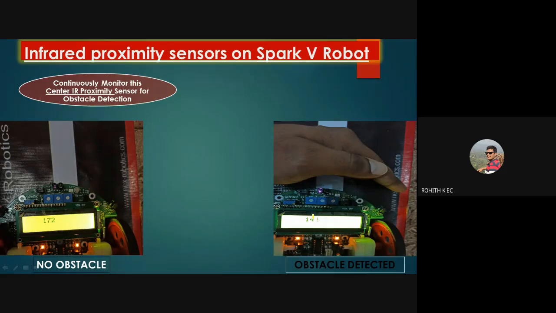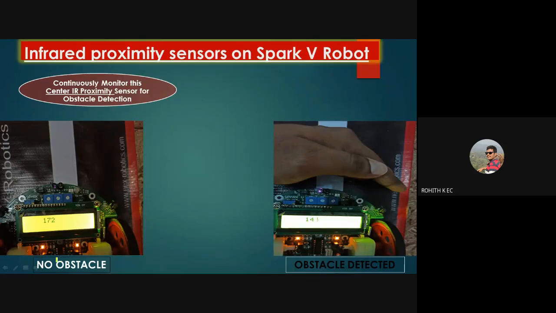So before you deploy your robot, you must perform testing, because the environment plays a significant factor in deciding the threshold values. Based on the environment, the reflection of white color and the reflection of black color will definitely vary. So you have to perform testing, only then use appropriate threshold values.